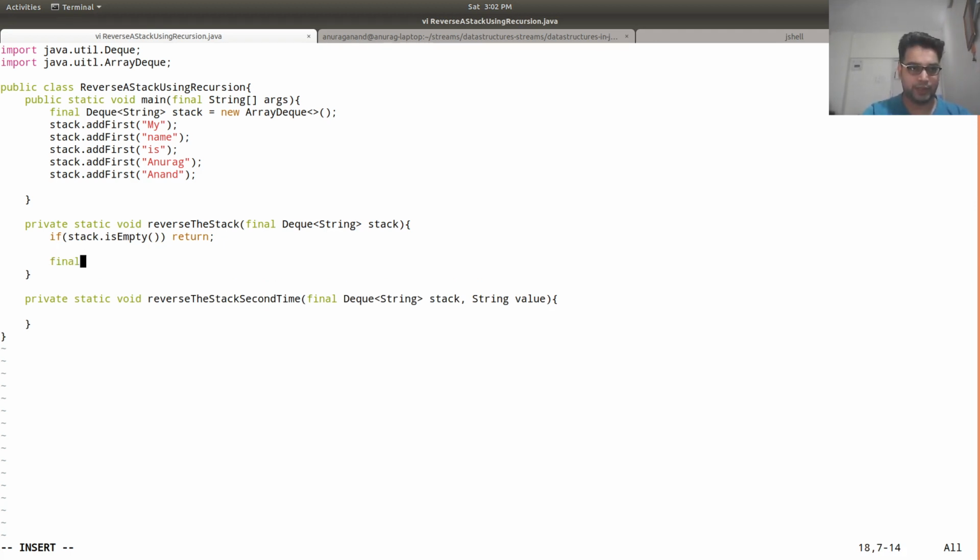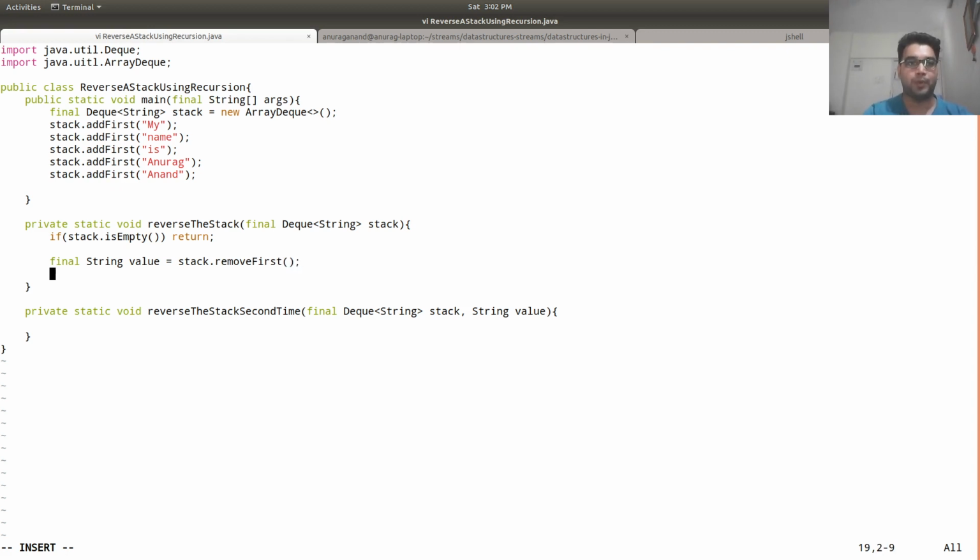Otherwise final string value is equal to stack dot remove first, which is equivalent of calling pop, and reverse the stack.